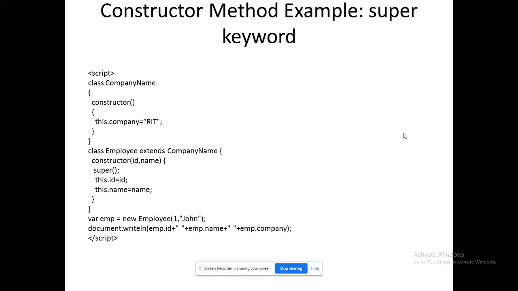What about company? Because we are going to display those things also. That company will be shown through our super keyword. So it will be initialized from the super, right? Super will refer to my immediate base class, because this dot company will be retrieved from the base class. So please remember, ultimately it will display employee ID as 1, employee name as John, and employee company as RIT, right? So that's the simple example about constructor, right? I am able to use a default constructor as well as a parameterized constructor in JavaScript.